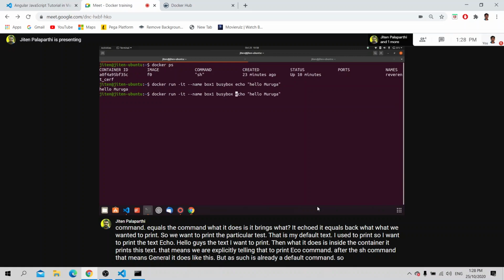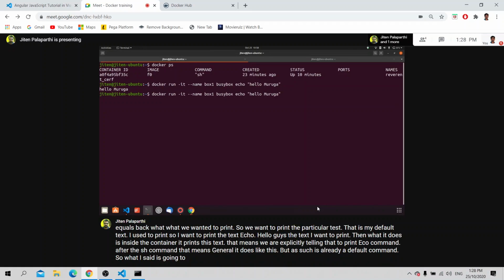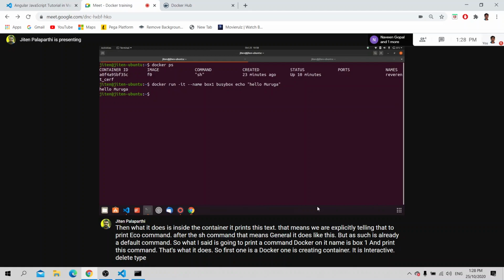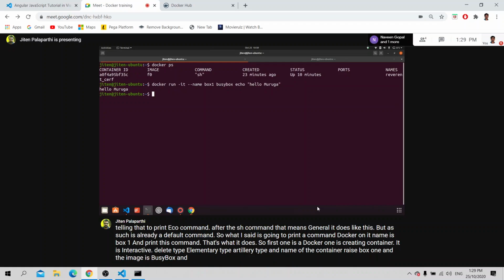So what I said is: docker run -it, name is box1, and print this command. First, docker run is creating the container, -it is interactive teletype, the name of the container is box1, the image is busybox, followed by the name of the command.